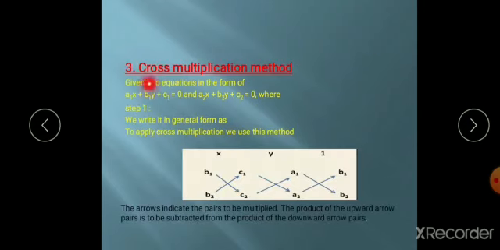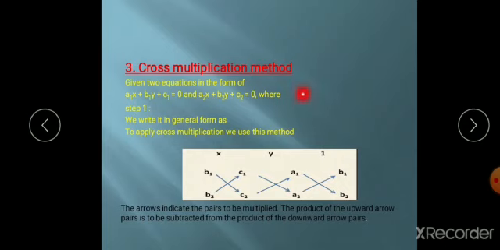And the third one is the cross multiplication method. This cross multiplication method is also very important. It may ask for 2 marks or 3 marks. So there are two equations. First, learn the substitution method: you substitute any one of the variables in another equation, and you get the x and y values. Elimination method means you eliminate one variable, then you get the x value, then you substitute that x value, and then you will get the y value.